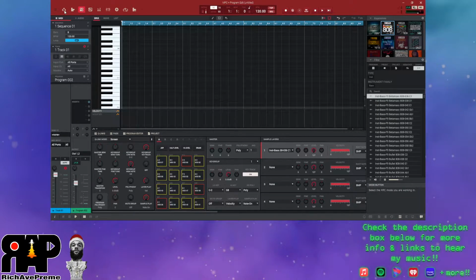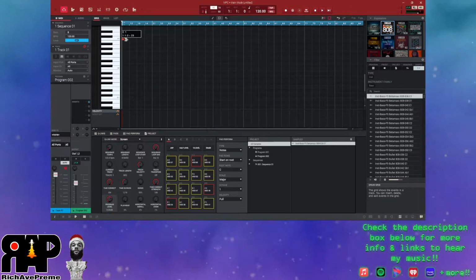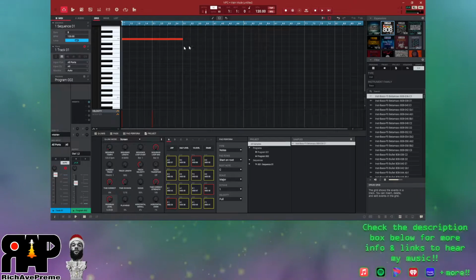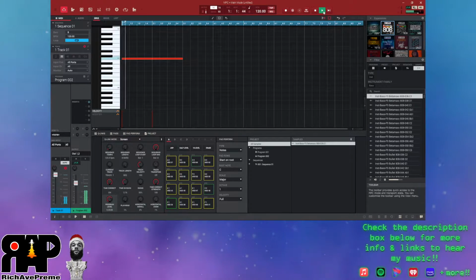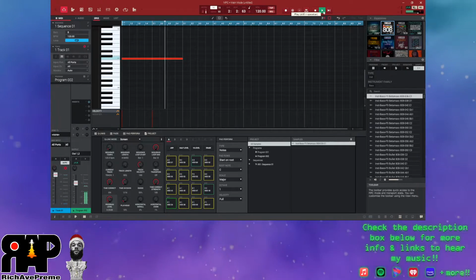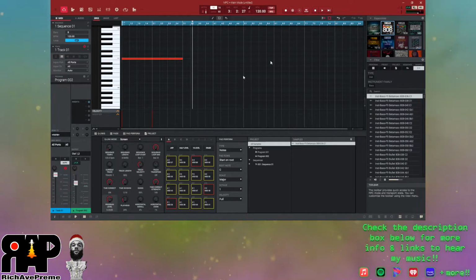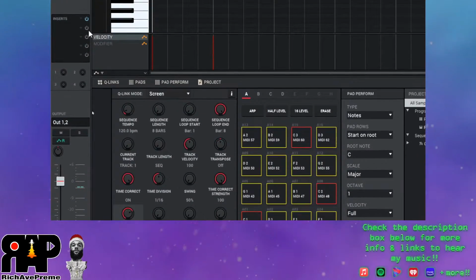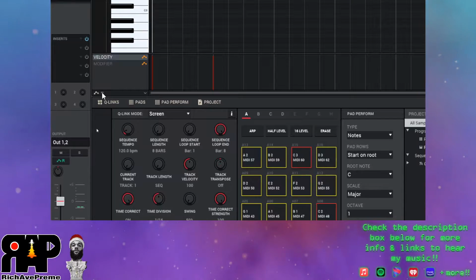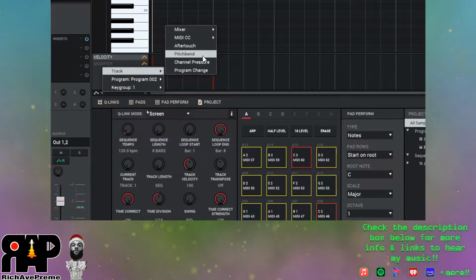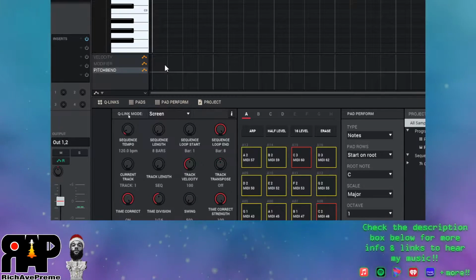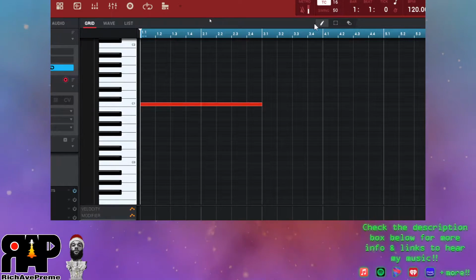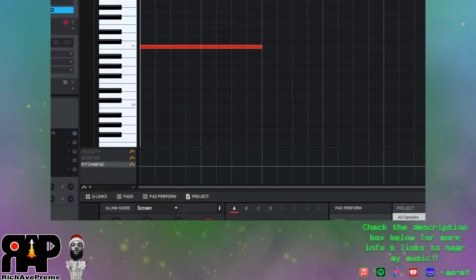We're going to go back to the home screen. I'll just draw this in two times for example purposes. So we'll just play that. Alright, so what you're going to want to do is just go to this little drop down triangle, go to track, pitch bend, and basically from there you want to make sure you have the pencil selected. Then we're going to come back down,